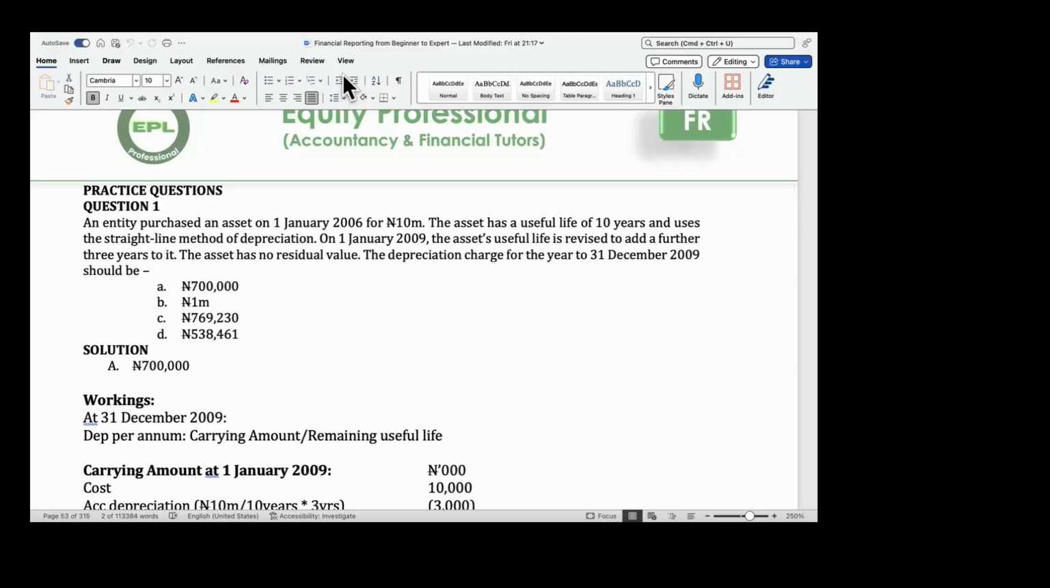Now, when they revalue their assets, the impact of that is there will be a difference between the values at the date of revaluation. That difference can either be a revaluation surplus or a revaluation deficit. If it is a revaluation surplus, I told you that surplus will be taken to OCI,